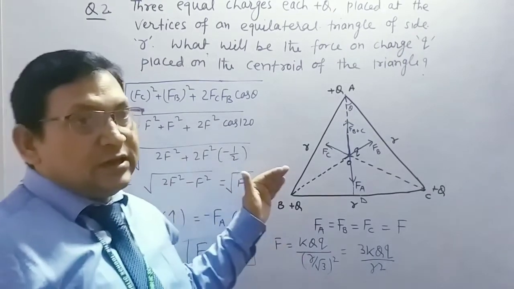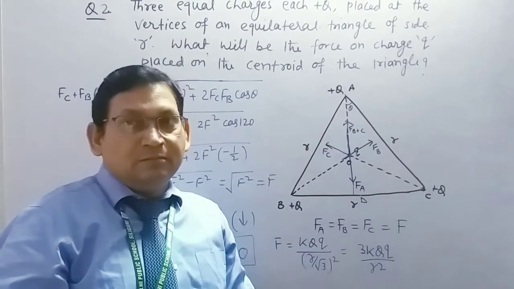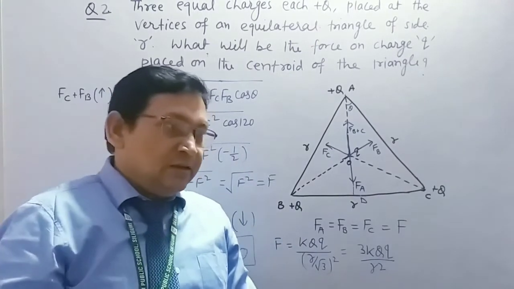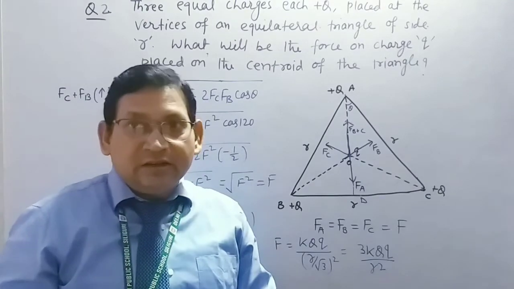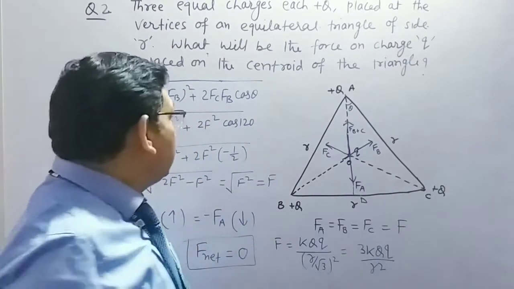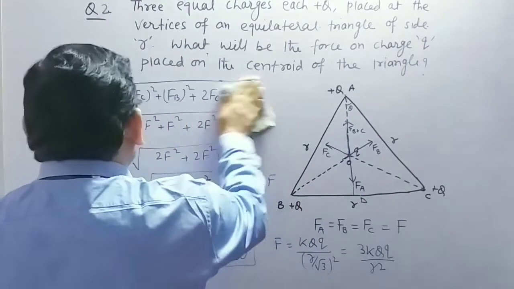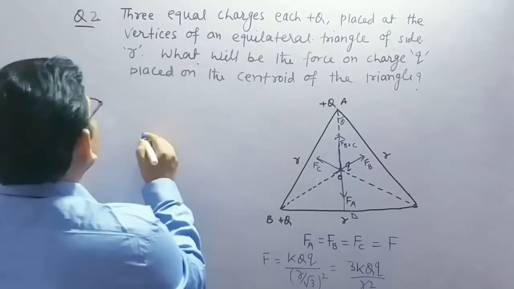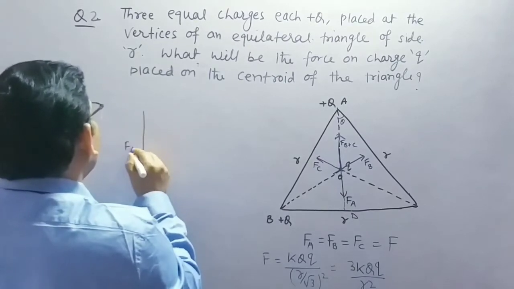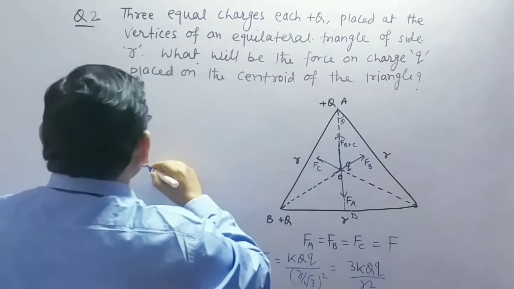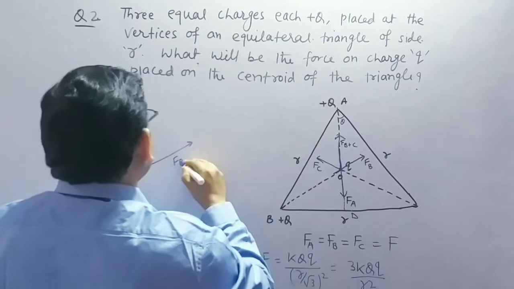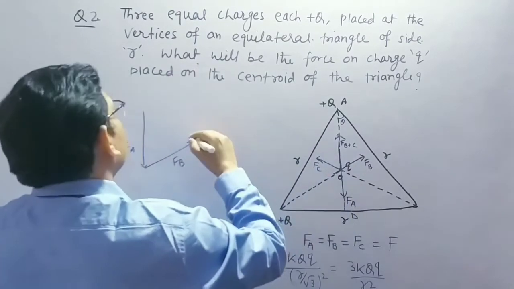This question can also be done by some other method, by the concept of vectors. In class 11th we have done that. If three cyclic vectors are taken in the same direction, the resultant is 0. If you do this question by some other method, not by the calculation method, represent the force A in this direction. The direction of force B is in this direction from here. So this is the direction of force B, and the third force C is in this direction.